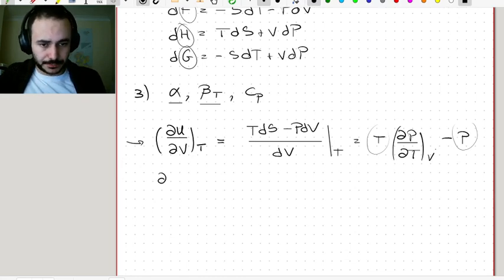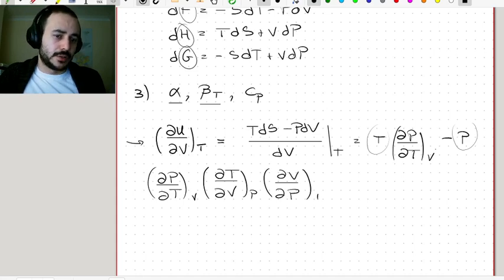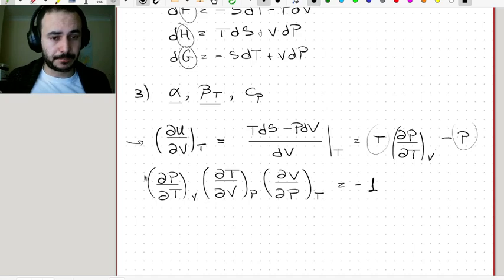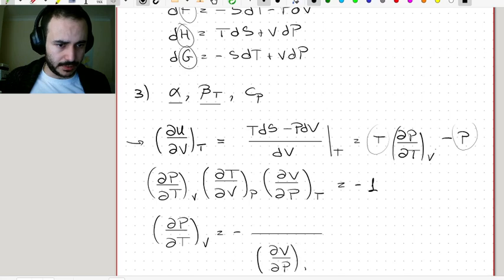What we know is that the partial derivative of P with respect to T at constant V times the partial derivative of T with respect to V at constant P times the partial derivative of V with respect to P at constant T is equal to -1, and here I'm using the cyclic property of the partial derivatives. Okay, and this is the thing that we want. So this thing that we want equals minus the ratio of the partial derivative of V with respect to P, which is this one,